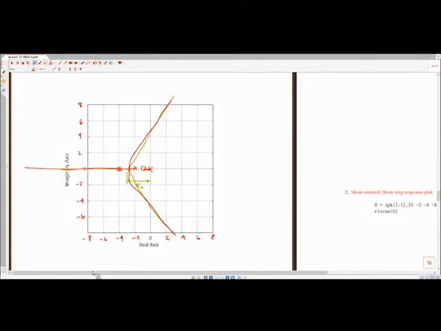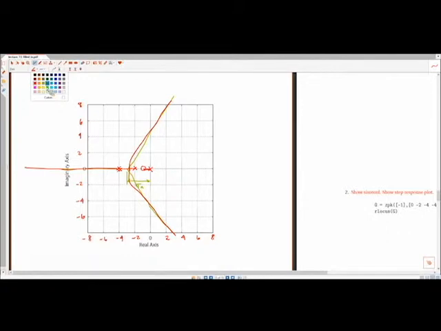Okay. This was where we ended class on Monday. We had gotten through drawing the root locus for this particular problem. This is essentially what the root locus looks like. We talked about with the previous example where the poles go, and here we're going to talk about the same thing as well. So what we can glean from this root locus plot is a few things in terms of what we have to worry about, or what's going to be the dominant response of the system. So first off,